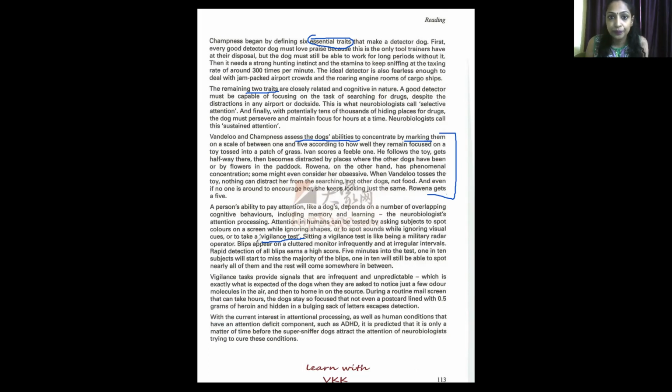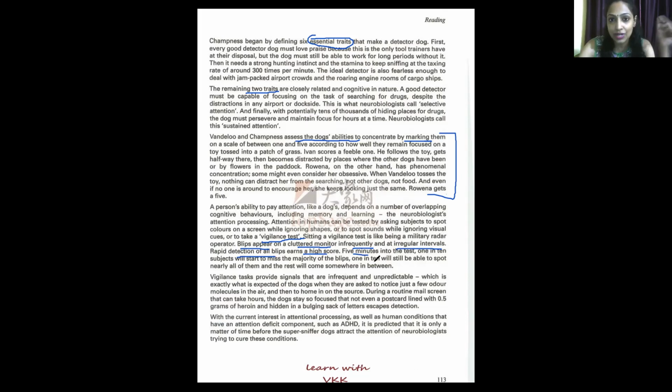If they do, now the question is some. So we have to find, do some notice blips? So let's try to read. It says, sitting a vigilance test is like being a military radar operator. Blips appear on a cluttered monitor infrequently and at irregular intervals. Rapid detection of all blips earns a high score. 5 minutes into the test,